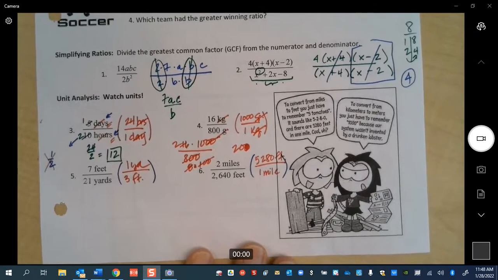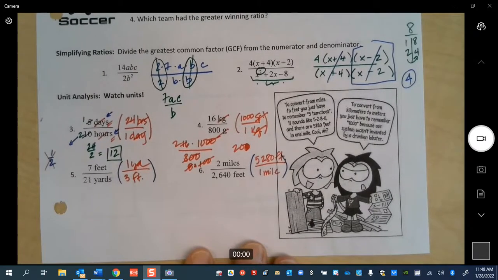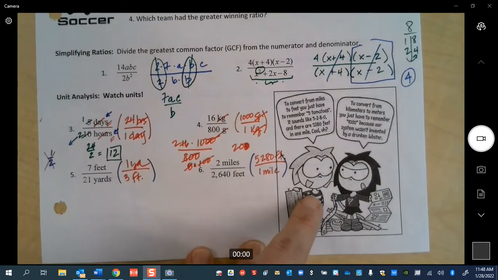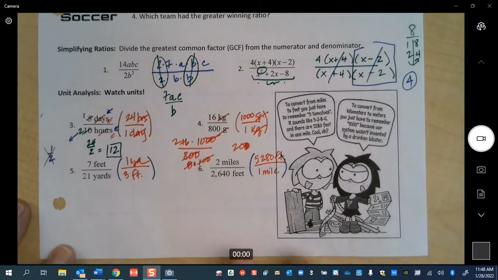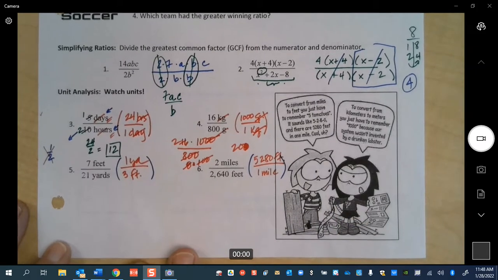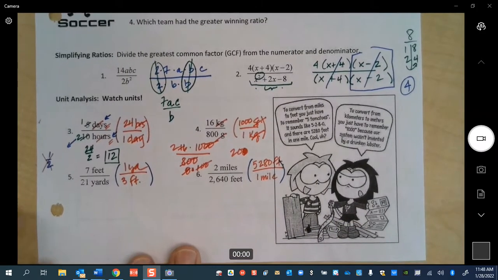So that comic cracked me up. If you look here, you can see he's got his America red, white, and blue stars and stripes on. And I don't know which country this is supposed to be. I'm assuming she's European. When I was in 6th grade, so that was 41 years ago,